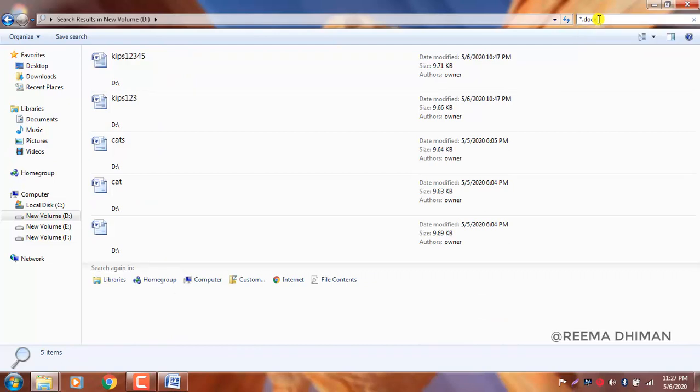If you want to search for Excel files, then you have to write .xlsx, and similarly if you want to search for PowerPoint files, then you have to write .pptx. But in this case I want to search for the word file, so I have given the extension here .docx. So as you can see, here are the different word files on your screen.